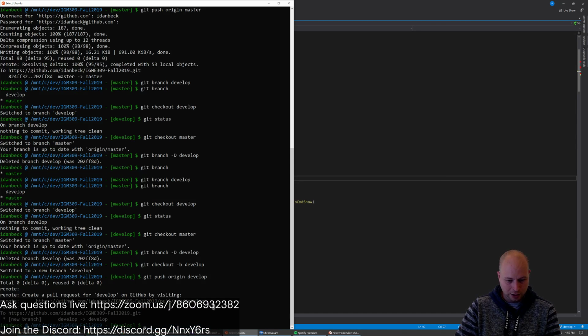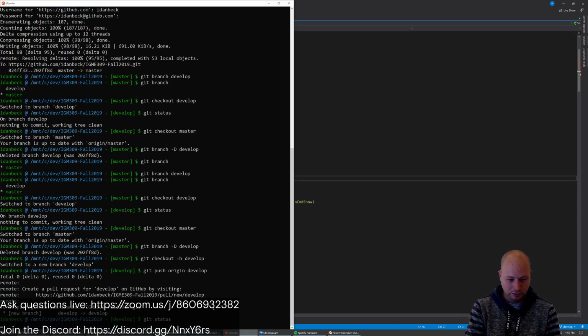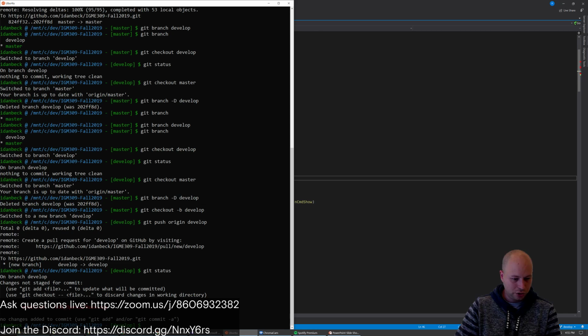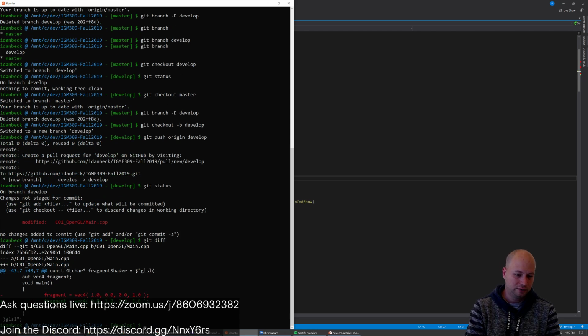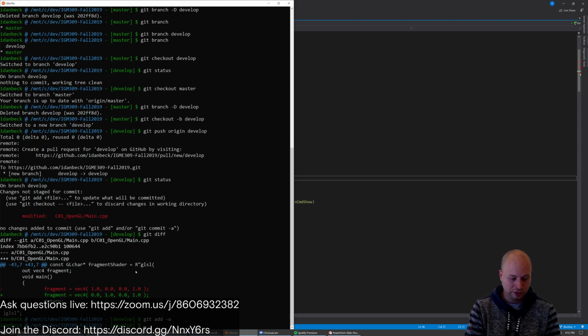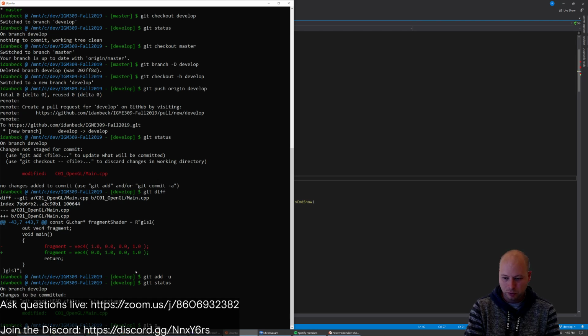So when I go back here and I check, what's the status? The status is showing me that I've got a change to main.cpp. If I want to actually see what the changes are, I can do git diff, and it'll show me, oh, I've changed one line. That line is the fragment shader, which I've changed from red to green. And so now, like I did before, git add -u, that's going to add all the files that have changed. And then I'm going to have to create a commit,